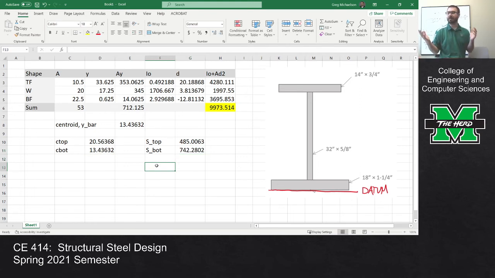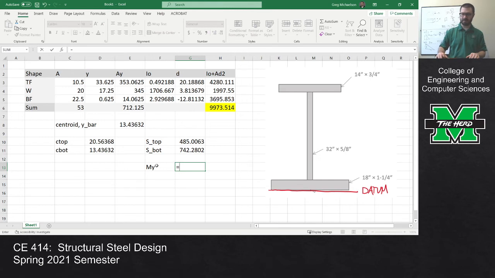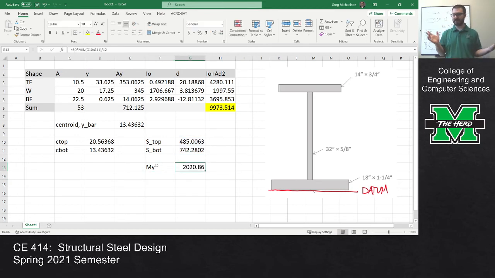And if I'm trying to compute the yield moment, typically what I do is I'll take the yield stress times just the minimum of these two, because when we're computing the yield moment, we're trying to figure out what's the lowest one, what's going to hit yielding first. So we just go off the minimum one. And then if you remember from the plastic moment, we're going to divide by 12 so that it's in foot kips, and we get